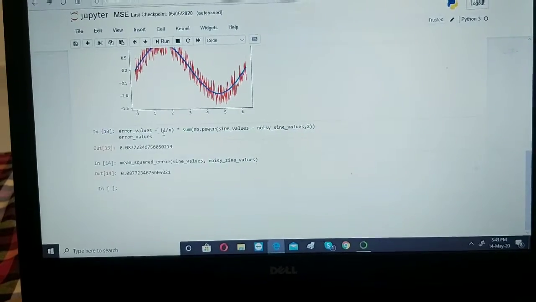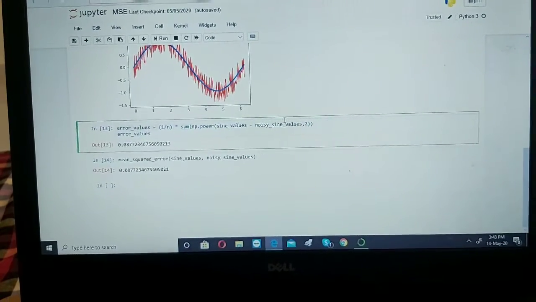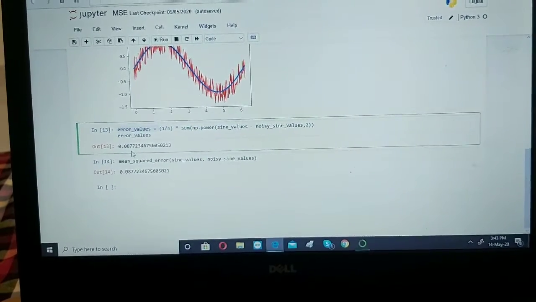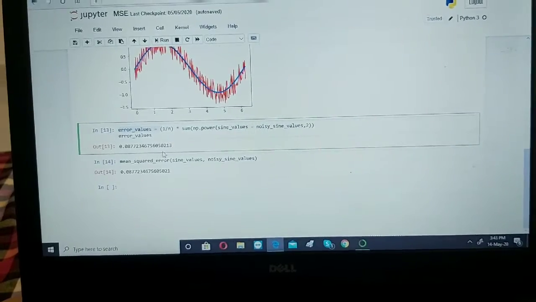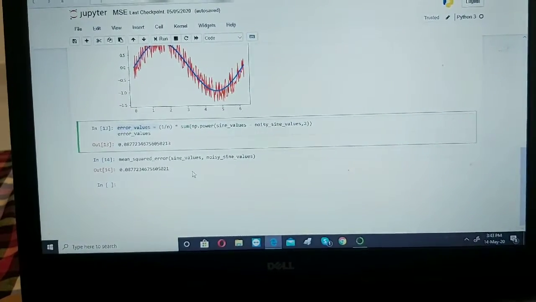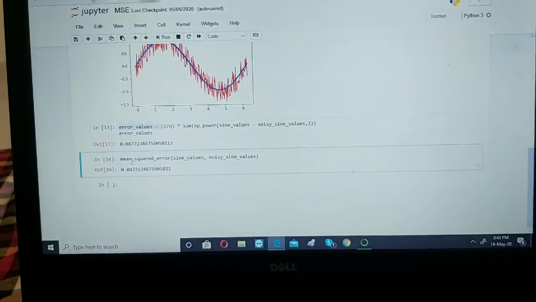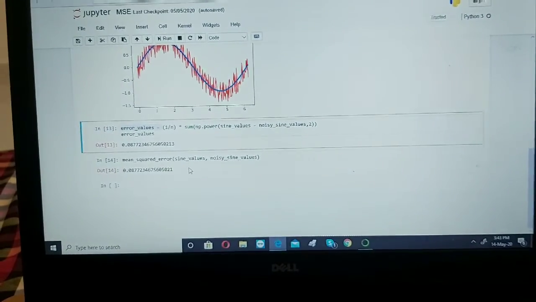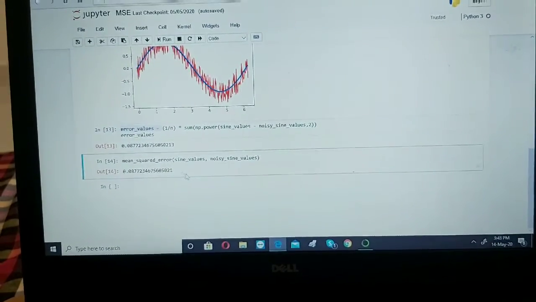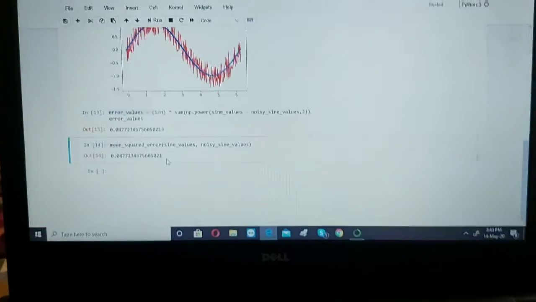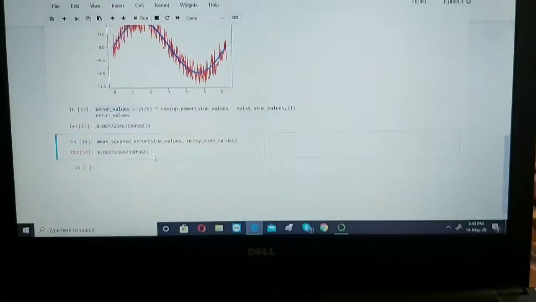By manually using this formula, we get 0.0877 as the mean squared error, and by using the mean_squared_error function we are getting the same value. So it is obvious that we get the same values in both. So yes, this was the project, and thank you.